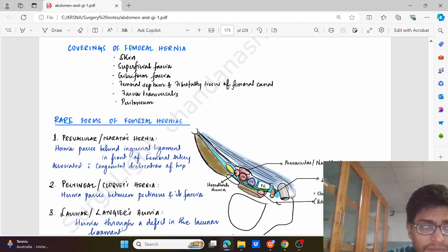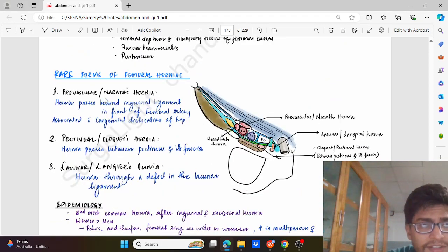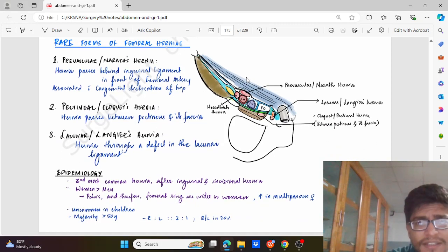Then some rare forms of the femoral hernia, that is prevascular or Narath's hernia, where the hernia passes behind the inguinal ligament in front of the femoral artery. So the hernia will be in front, along with the femoral artery, in front of the femoral artery. And it is associated with congenital hip dislocation. Here, we can see in the diagram, the